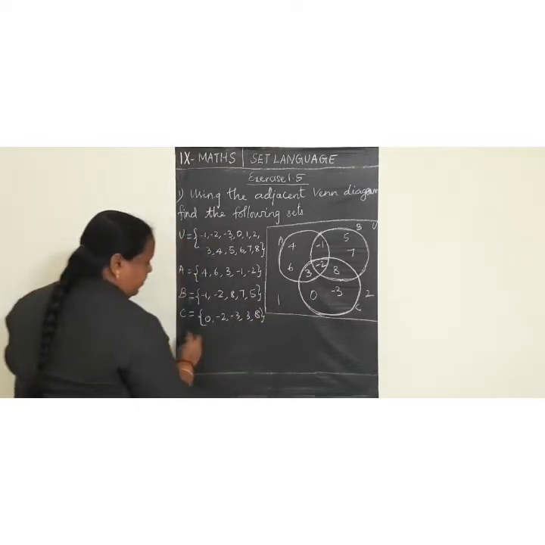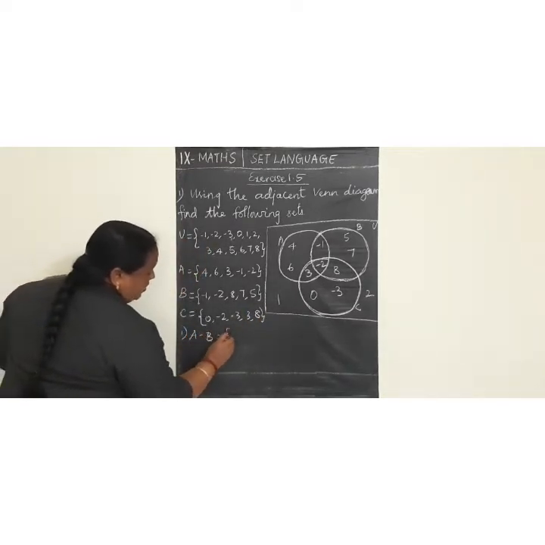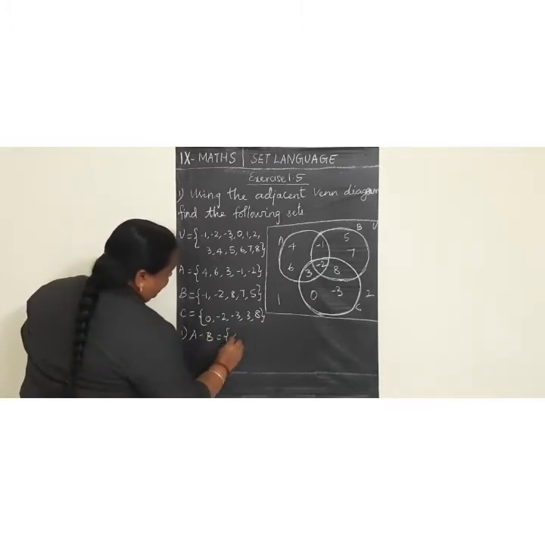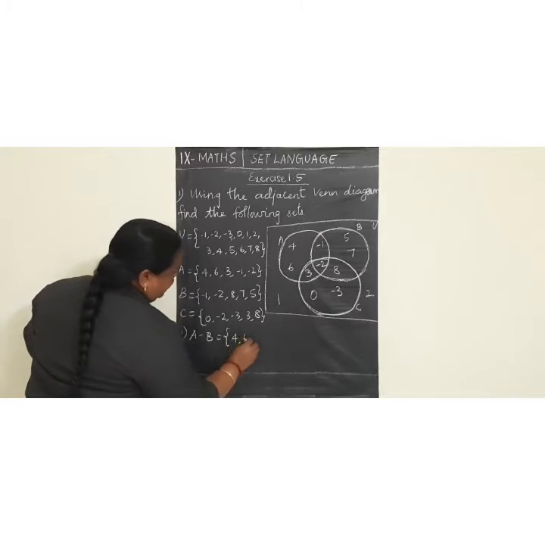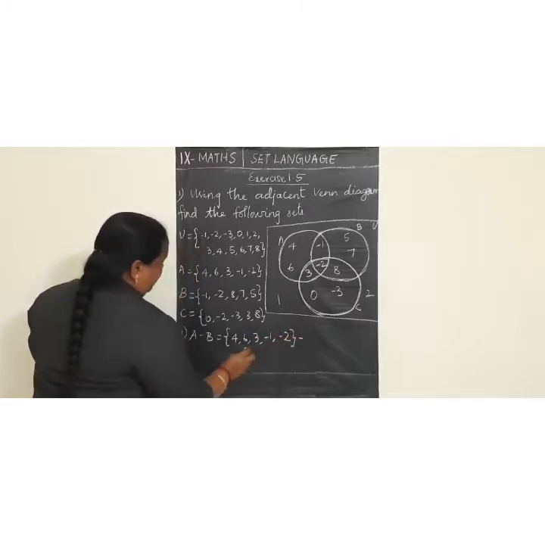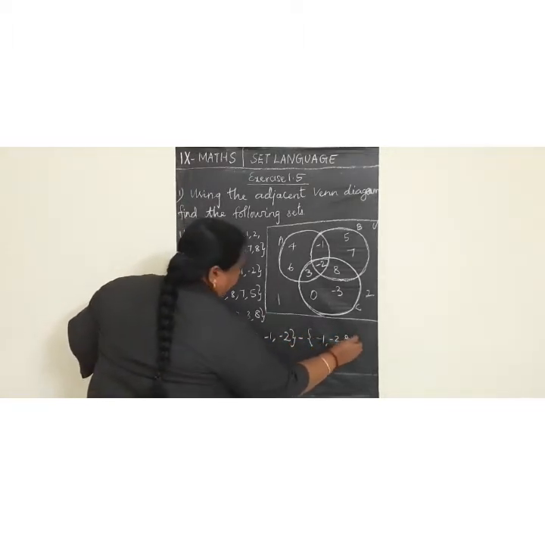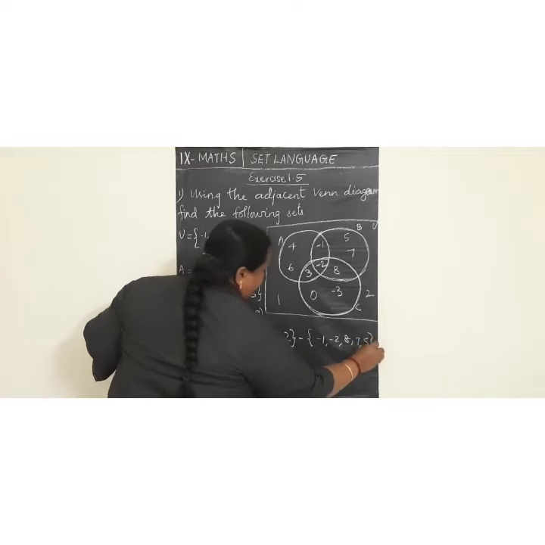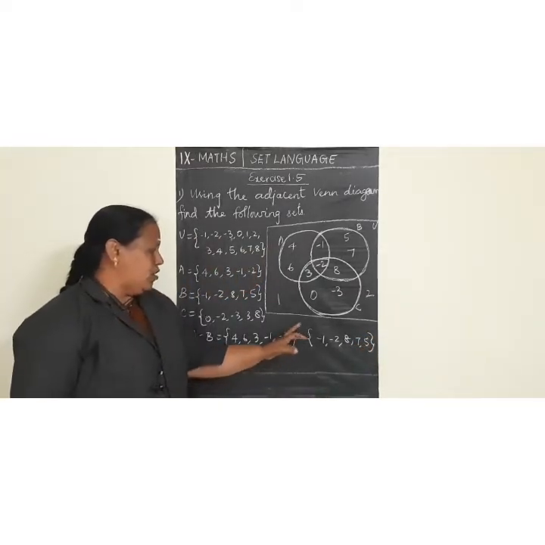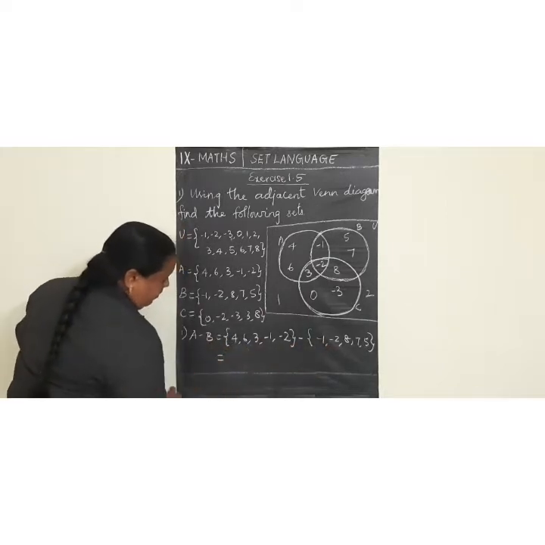Now first we have to find A minus B. A minus B is equal to, so we have to write 4, 6, 3, minus 1, minus 2, minus, then we have to write set B: minus 1, minus 2, 8, 7, 5. So how will we find A minus B? What are all the elements in the set A which are not in B? We have to write it as A minus B. So equal to